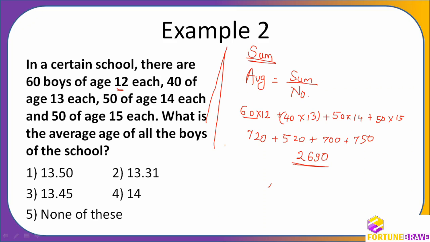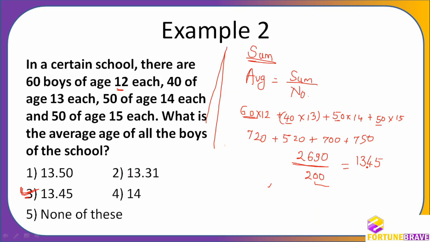Now how many numbers are there? 60 plus 50 plus 50, this is 100, and this is 40 and 60, this is 100. So 200. When I see 200, this should be very easy for you to solve. What we have to do is divide by 2. Divided by 2, this is right. You ignore the zeros. Divided by 2 means we have to halve the number. If it is multiplication, I would have doubled the number. Now I will halve the number. So this will be what? 1345, that is 13.45. But there are 2 zeros here, so I am giving it here. So this is the answer.